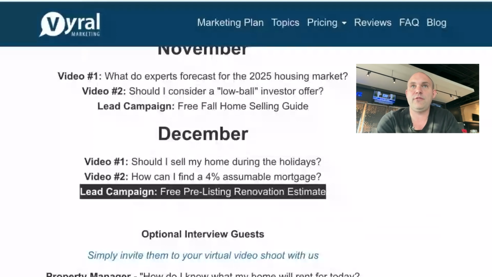So that's a good one. If you're familiar with the company Curbio or a concierge program, I think Compass has a program like Compass Concierge, this is kind of the idea where essentially let's get your home fixed up to sell it for the most amount of money. And this will generate a lead for someone who is curious about a program like that. That's what this campaign is about. All right, let's move on.